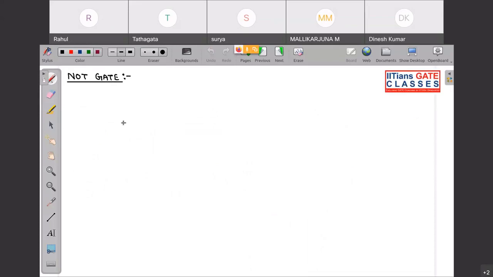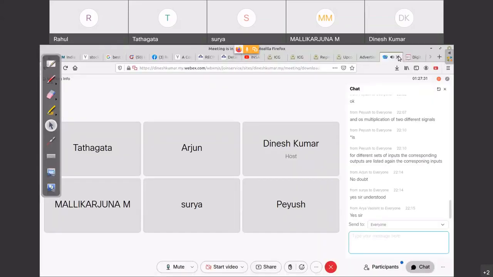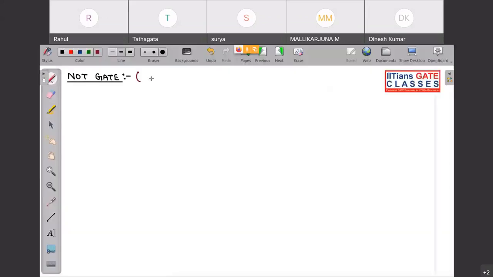Now what do we mean by NOT gate? Anyone want to say what is a NOT gate? A simple basic representation, or I should say a real life example of NOT gate. Anyone wants to say what is a NOT gate or another name for NOT gate? Anyone? No doubts. Okay, fine, very good. See, NOT gate is basically inverter. Okay, inverter you can say, and its logical symbol